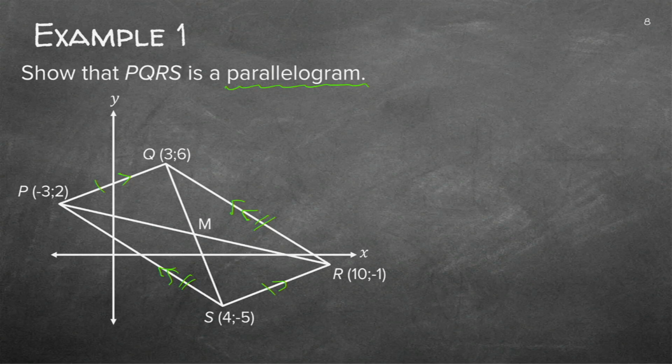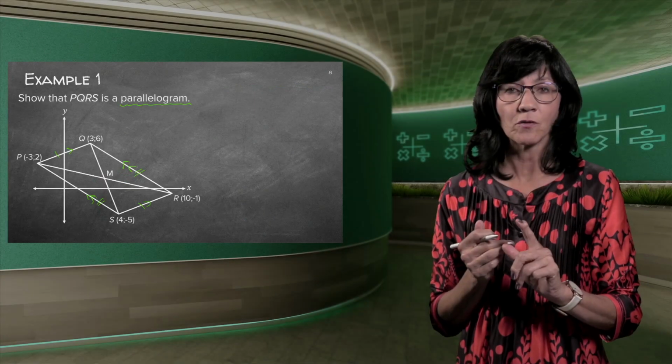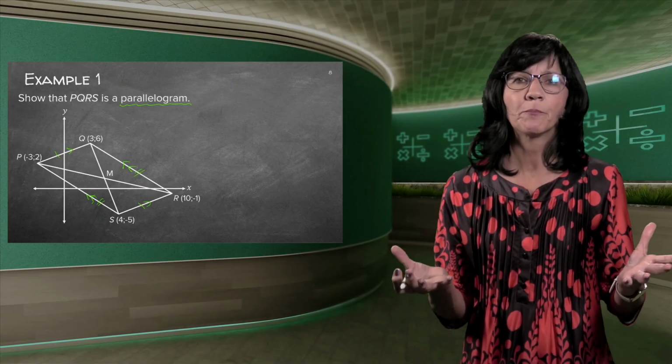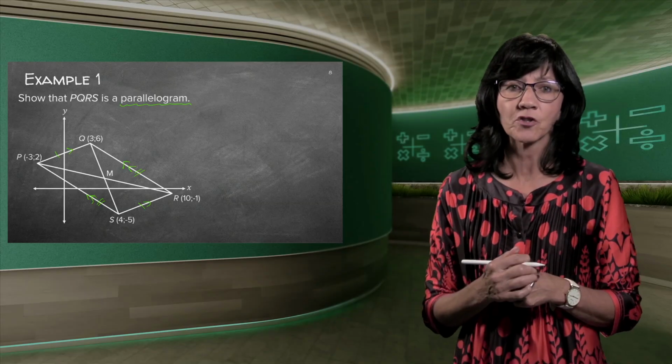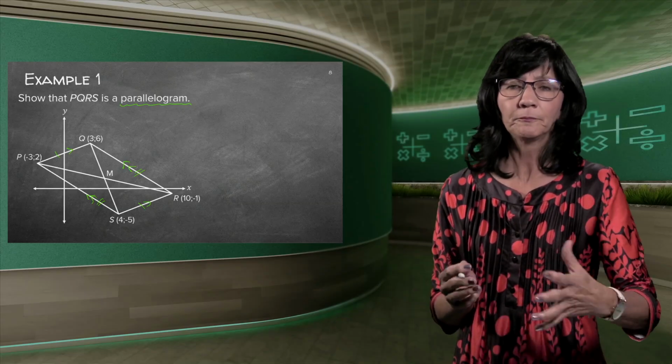It will not take you long. It also means the diagonals bisect one another. So you can also tick that if you want. I'm not going to tick because there's already a lot of ticks, but it also means the diagonals bisect one another, but not the angles, remember? So those are the basic properties and the definition of a parallelogram. So once you've ticked it on your sketch, if they haven't drawn it for you, you draw it.